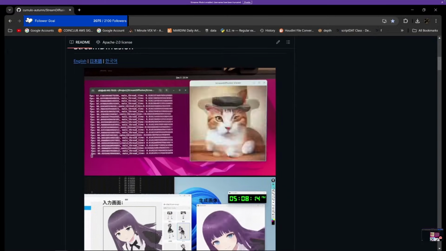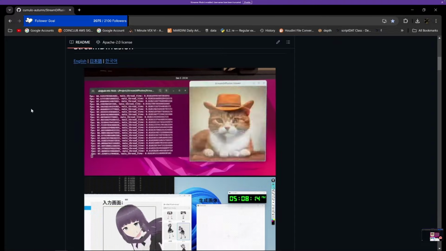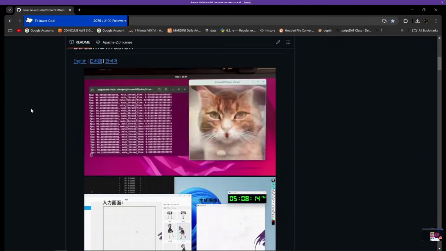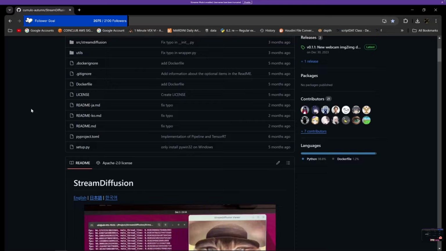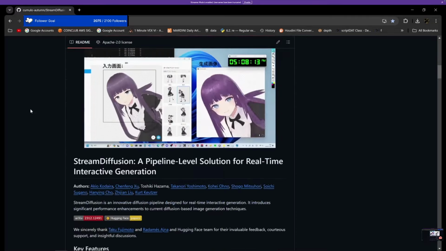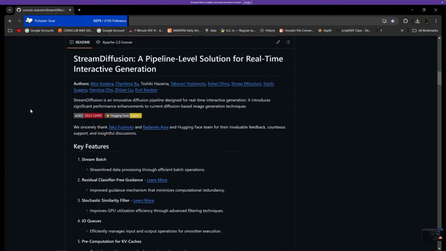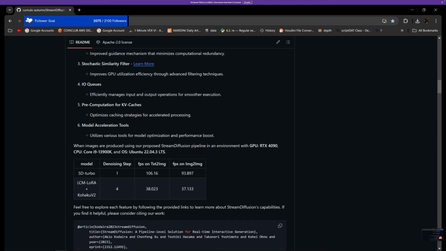And through these batch denoising steps, you can get an incredible speed boost in FPS when they're running it on Linux with TensorRT with the SD Turbo model, which is a 2.1 based distilled model, they can get up to 93 frames per second, or I guess 106 with text to image,